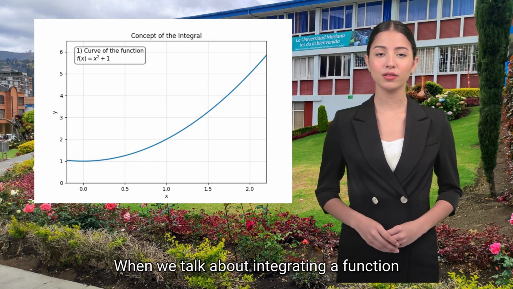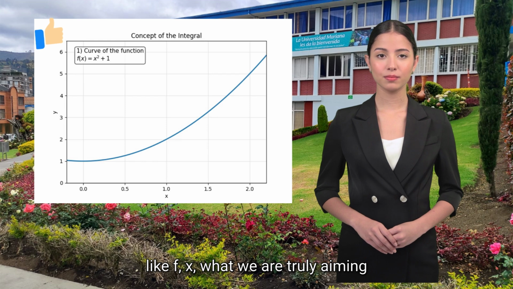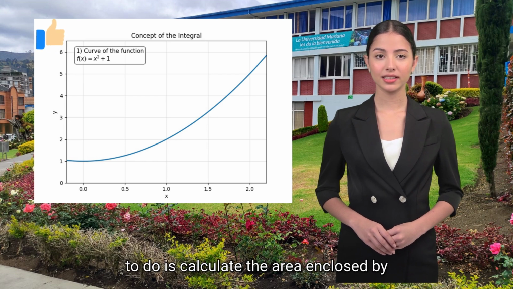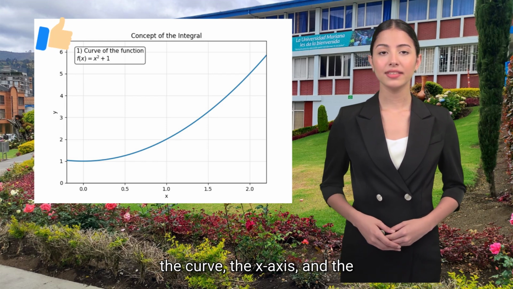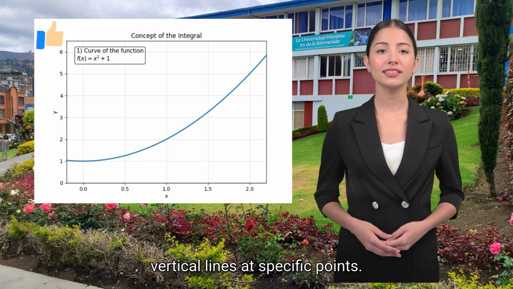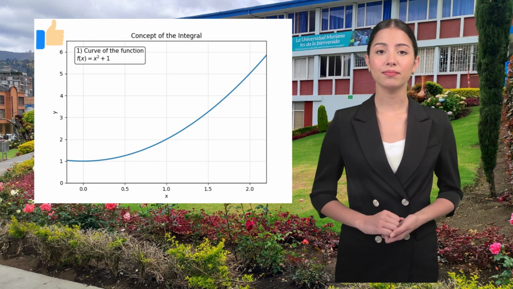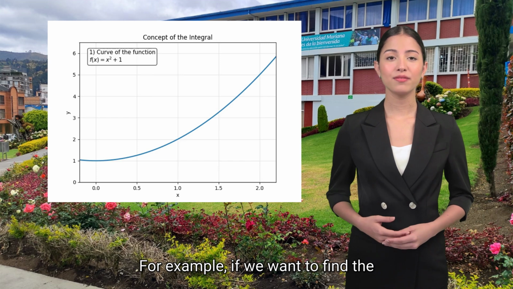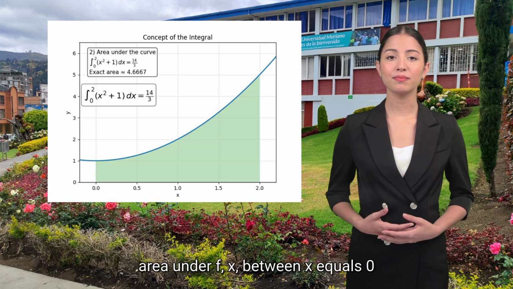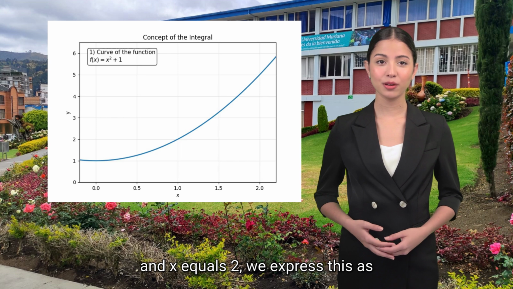When we talk about integrating a function like f(x), what we are truly aiming to do is calculate the area enclosed by the curve, the x-axis, and the vertical lines at specific points. For example, if we want to find the area under f(x) between x equals 0 and x equals 2, we